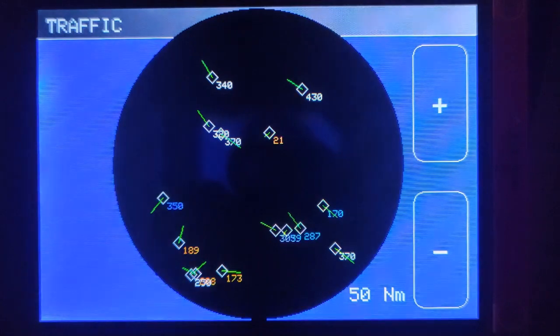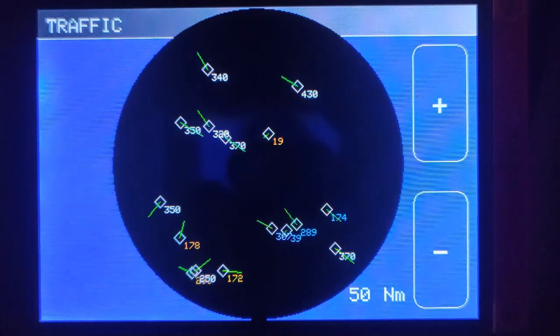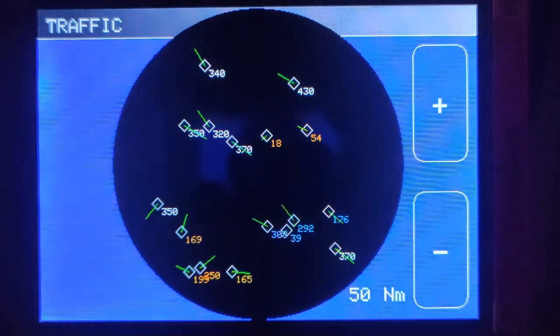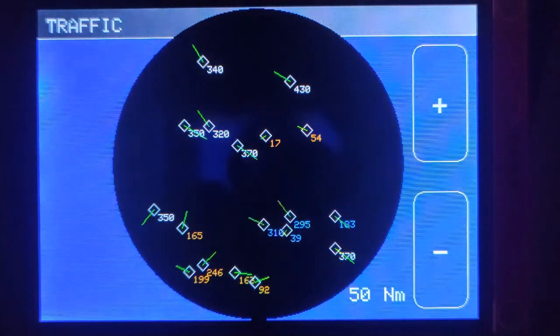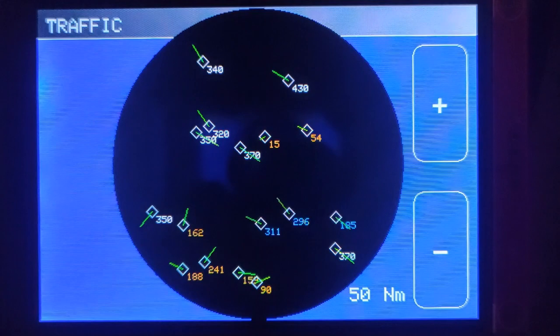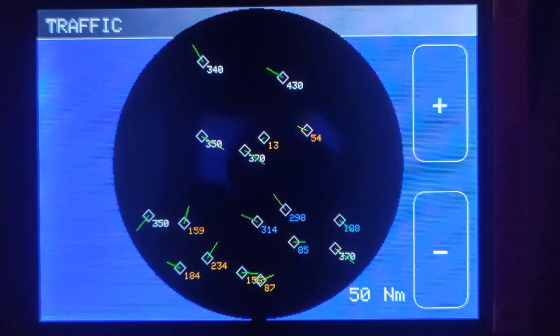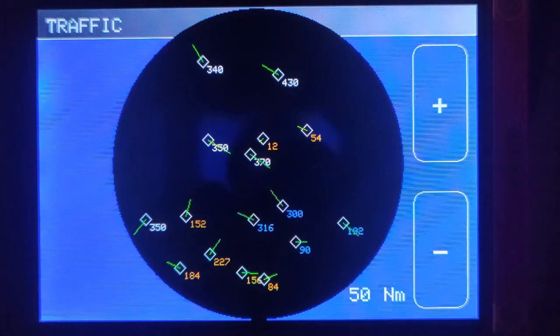Whether the aircraft is ascending or descending is depicted by the color of the altitude, with blue being ascending and orange being descending. A perfect example of this is shown in the beginning of this video, in the middle of the screen, with multiple aircraft being lined up behind each other while descending. This is due to them landing in Düsseldorf Airport, which is right next to the current location of the outside